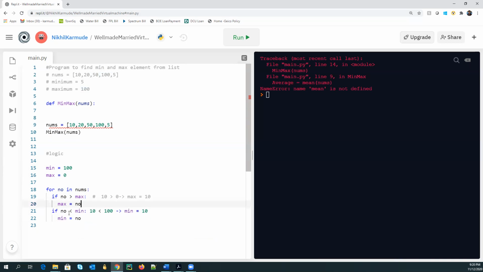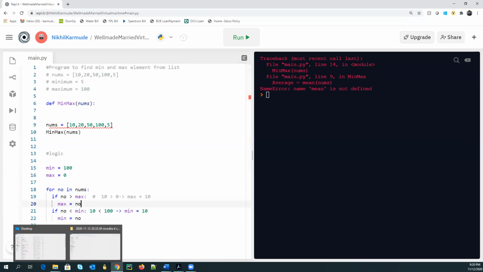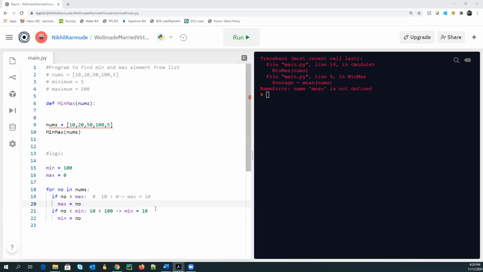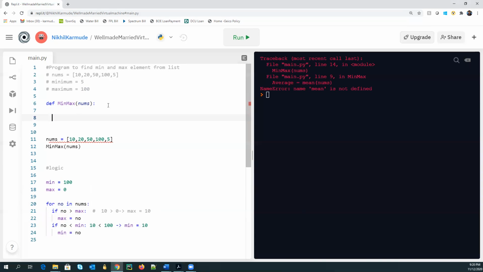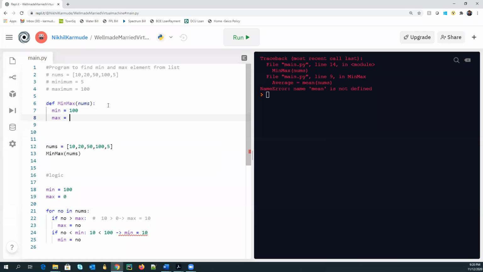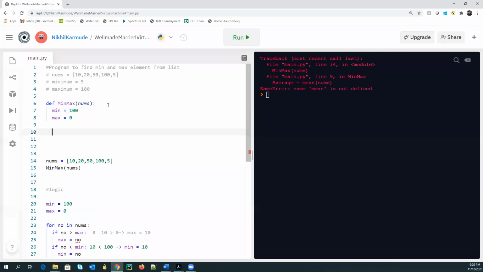So these two if conditions will help us give the final result, like if you want the minimum number or a maximum number without using your inbuilt function. So if I do the same logic over here, what I'll do is I will create two variables, min equal to 100, max equal to 0,